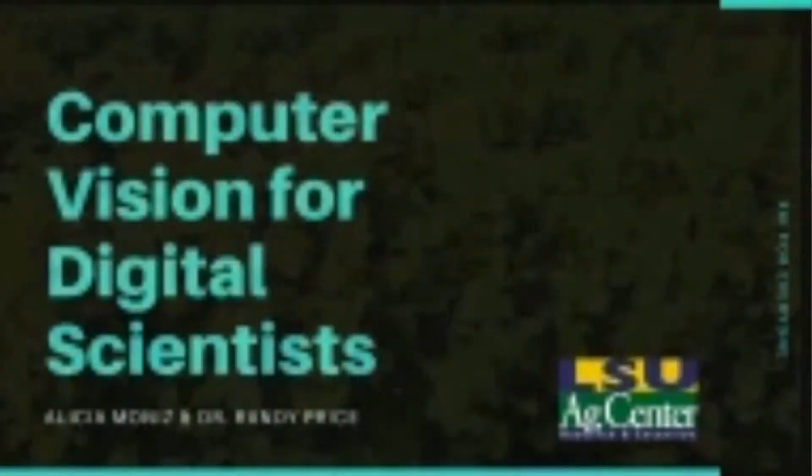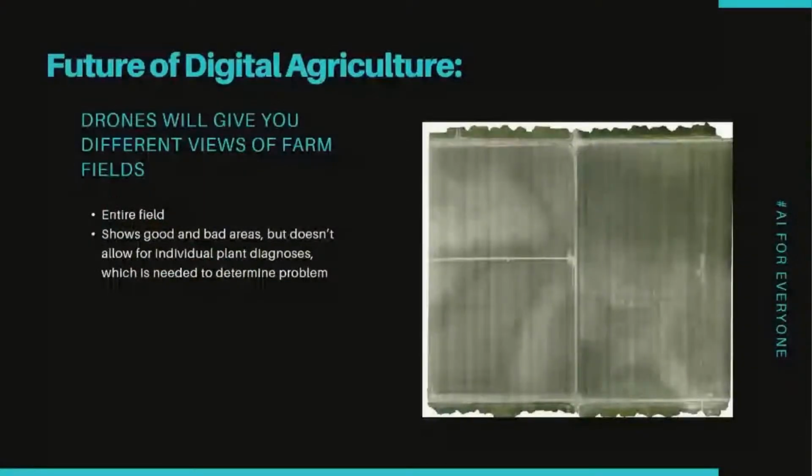Thank you. All right, let's start with the problem. Randy, can you tell us what we're talking about today? Yeah, what we're talking about is we got a lot of tools for seeing things in the field. You know, we can take a drone and fly up real high and make a map, and we kind of know where a bad and a good area is, but we just really can't diagnose it from that. So on the next slide,